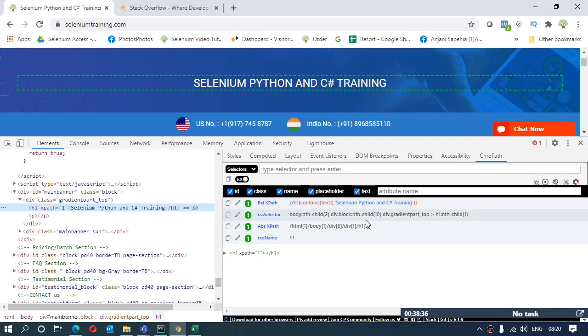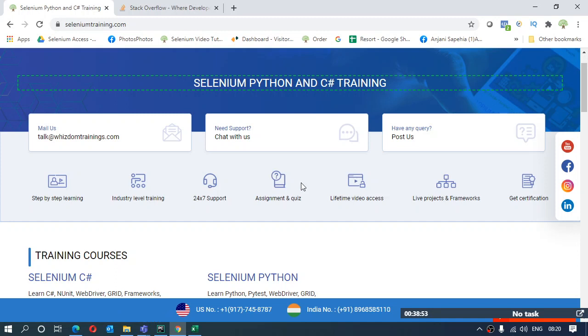Now for CSS selector we will come to it in some time, what actually this is, but for the time just see how it's giving you the information. Right. So this way you can get the XPath as well. This is about Chrome, how you can identify some element on the web page and make the locators for it. The same thing you can do on other browsers as well, like Edge, Firefox.